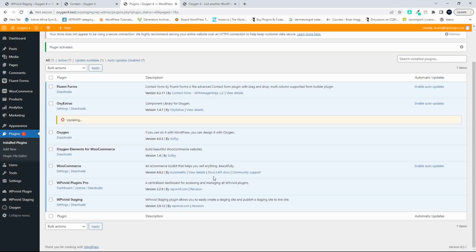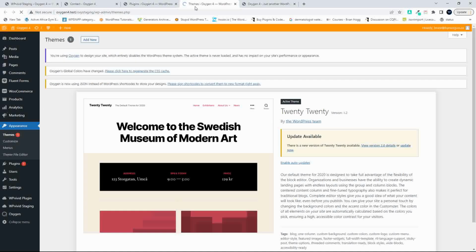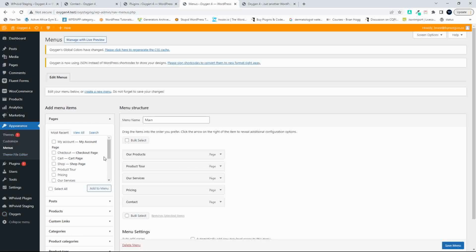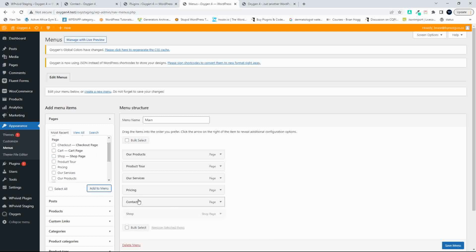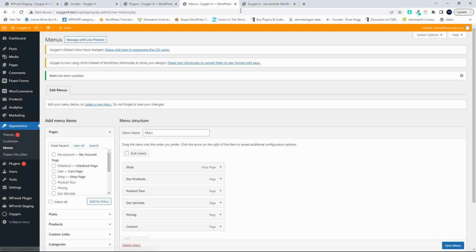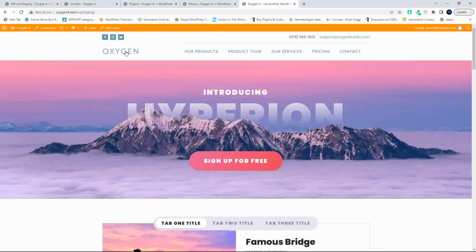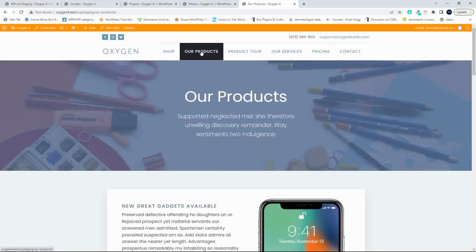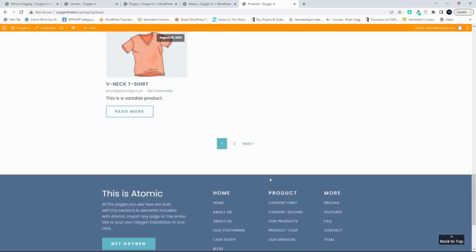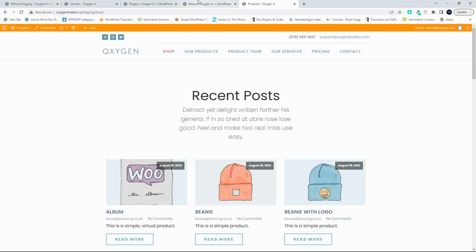That can get an update. Right, so while that's busy doing, I'm going to head over to Appearance. And then what I'm going to do now is in my menus, I'm going to add the shop. So there's the shop page, add to menu, and I'm going to add that to the top. We're going to save that menu. And when we refresh here now, you'll see that the shop has been included in our navigation. So there's our shop. And that's just with the default template in